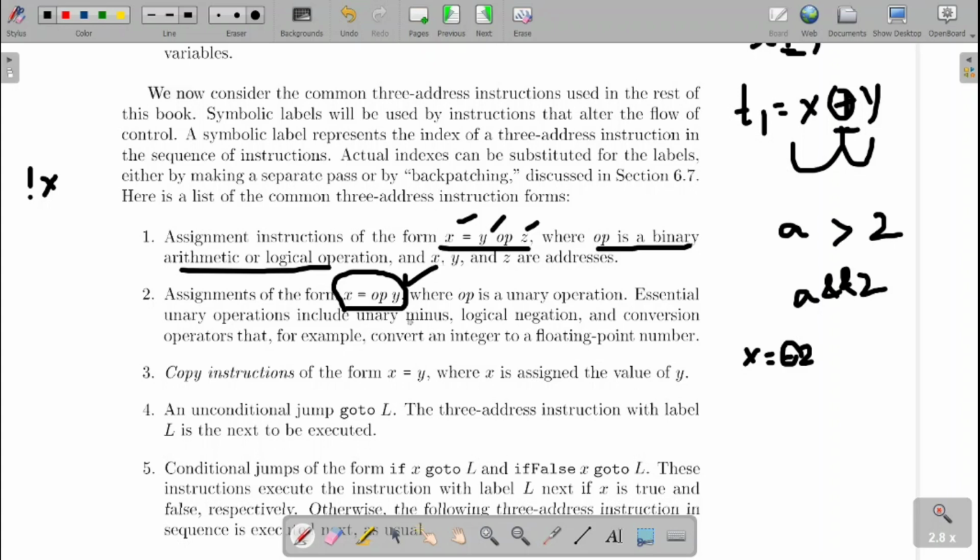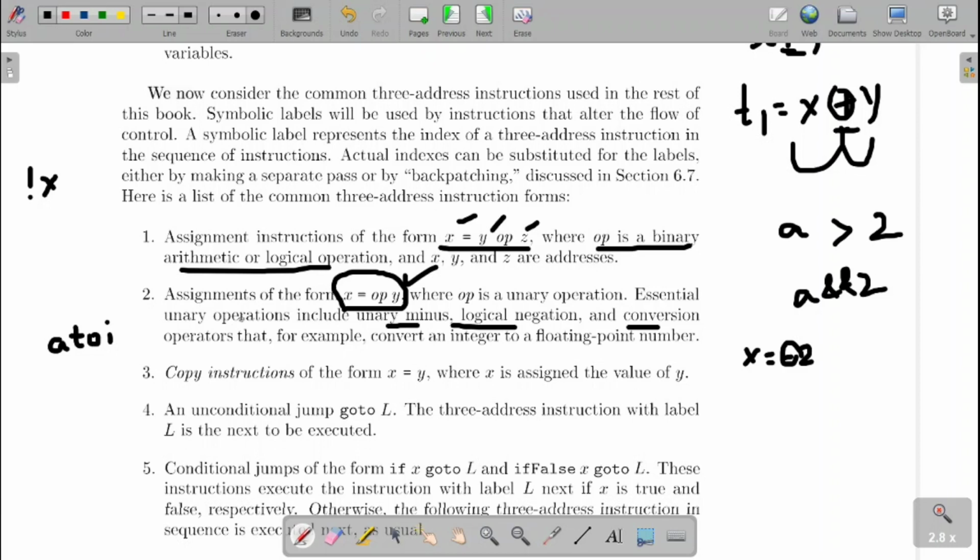The possible unary operations are unary minus, logical negation, and conversion operators, like int to float or a to i, that is, ASCII to integer conversion. Those all come under unary operations.